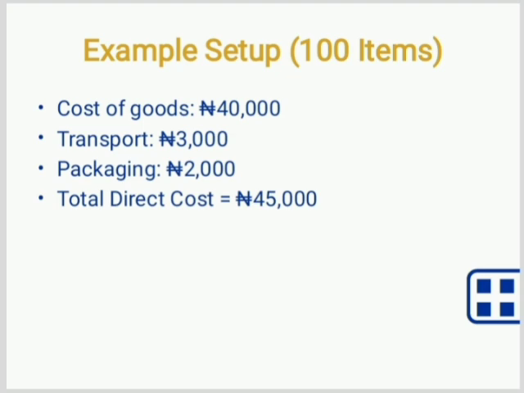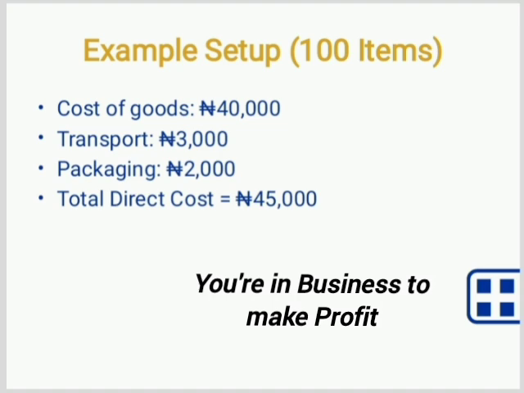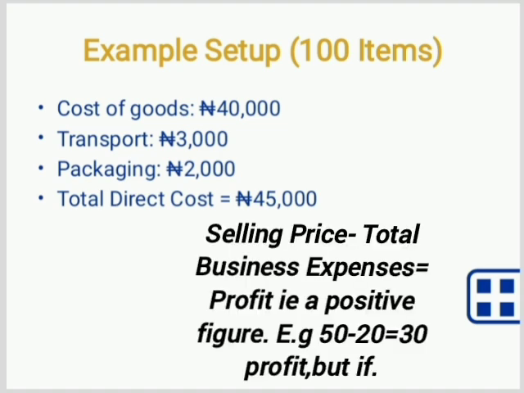So one might ask, why do you need to incorporate and consider all these costs before determining your selling price? Why not just add what you assume to be your profit margin, or what you want to be your profit margin, to the cost of the product you purchase, that is the purchase price, to determine your profits? And the reason behind it is because you're in business to make profit, and you're only making profit when your selling price